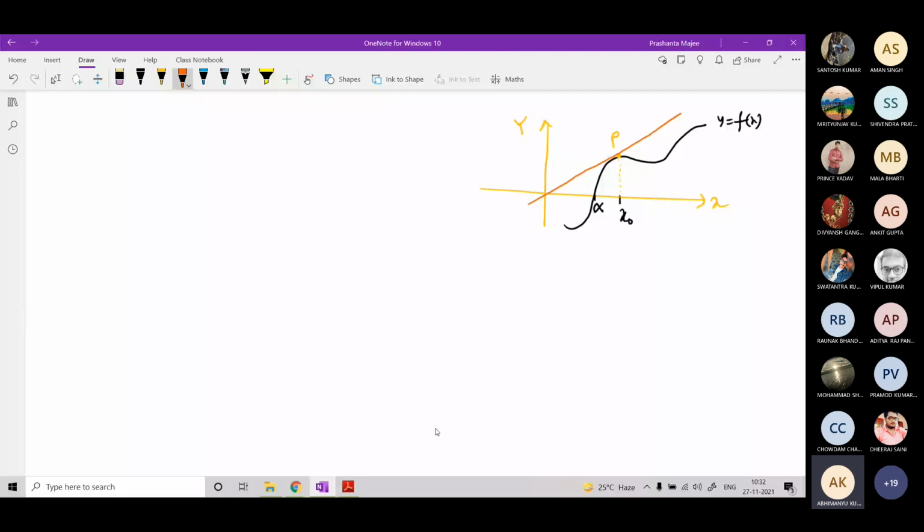But if I say that this tangent represents the curve near the root, is that a good match? The tangent and the curve, are they matching? No. So we can create a good match by increasing the degree of the considered curve, the straight line, the chord or the tangent. Instead of a straight line, in Muller's method we will be considering a parabola.